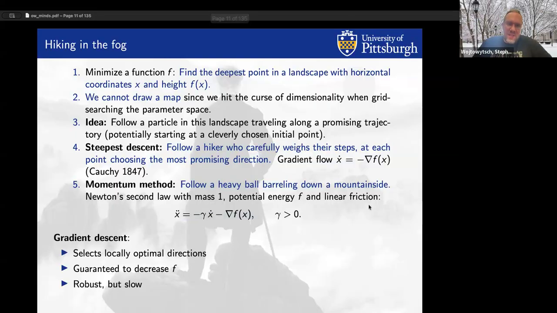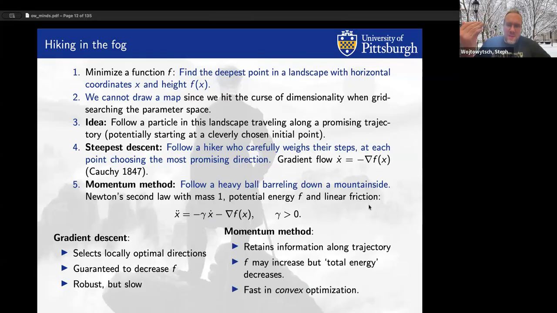Anyways, the gradient descent selects locally optimal directions. It's guaranteed to decrease f if we have the continuous time system or if we take small enough steps. And it is incredibly robust. It always works for pretty much any objective to at least decrease the value of the objective function, but it is generally extremely slow. Whereas the momentum method, well, if we have inertia carrying us along our way, we can't